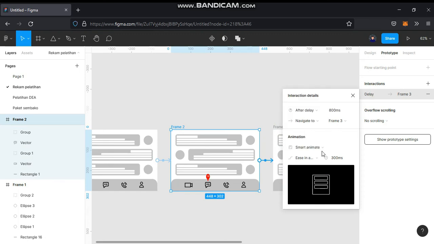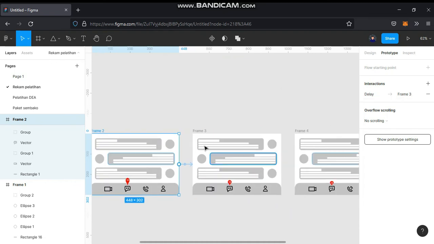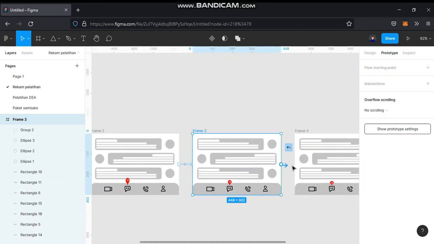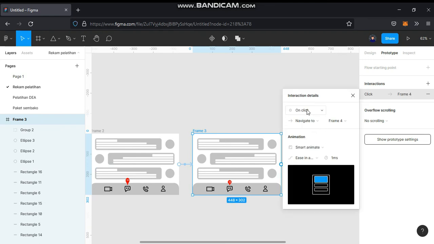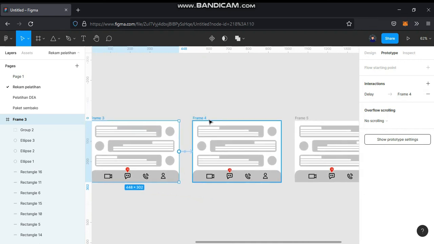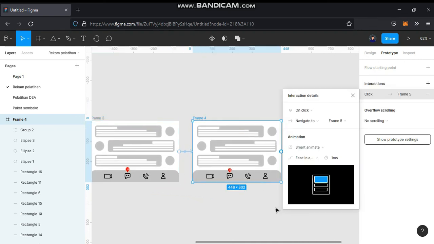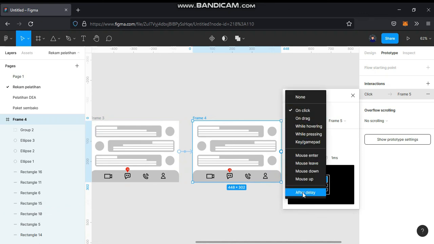After delay, the phase is very fast, 1 ms. The smart animate animation is the same, and all prototypes are the same: after delay and 1 ms animation, smart animate ease in and out and 1 ms.